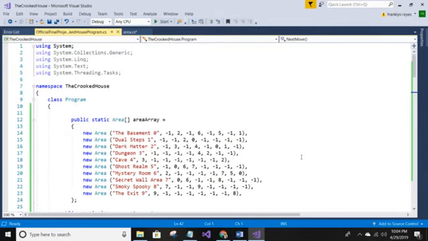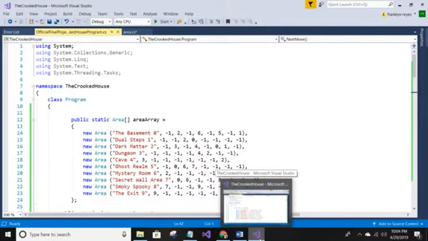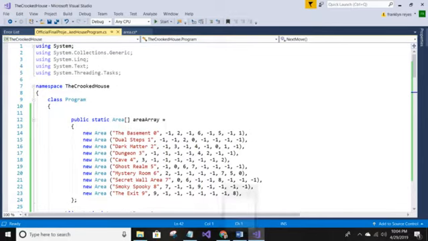My name is Franklin. This is my final project walkthrough of the Crooked House. So I'll be talking to you guys about this whole project, and we'll start off with an array, and the